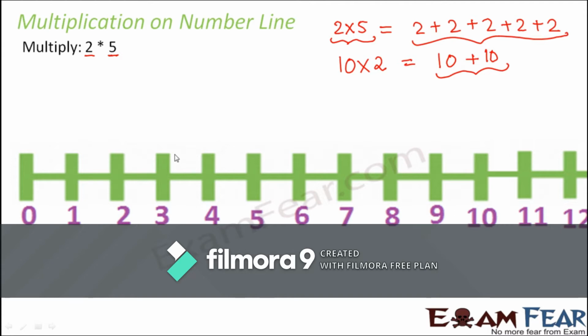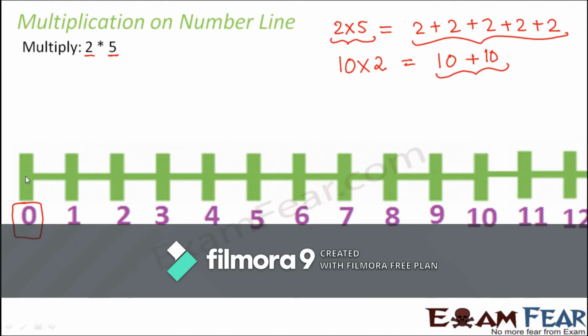So for this, which point do we want to locate? We do not want to locate any point. It just says that 2 needs to be added 5 times. So you can start from anywhere. Let us start from 0. Now 2 needs to be added 5 times. The first time when you add 2, to what will you add 2? You will add it to 0, right? Because initially nothing is given.